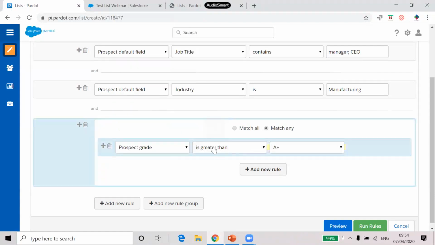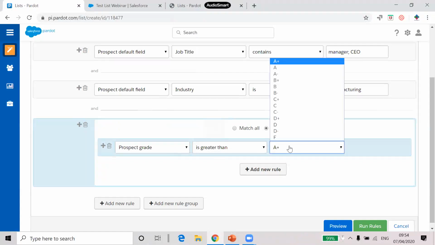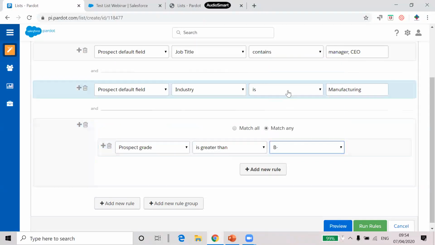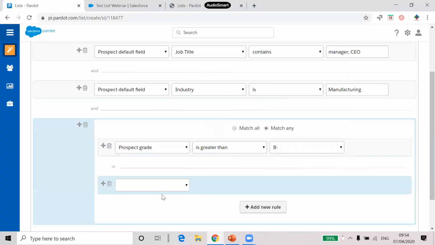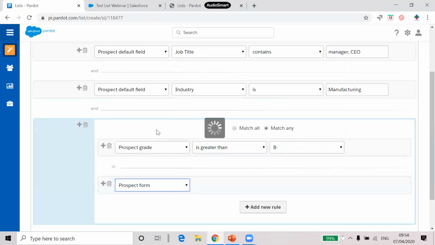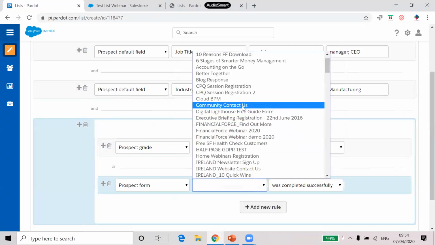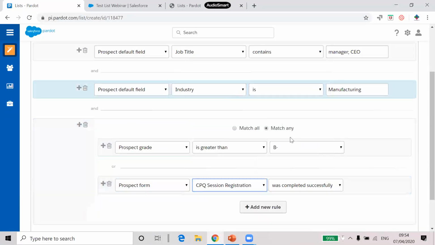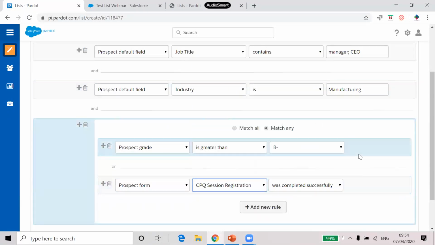We want a rule so their grade, if you're using grading, is greater than, probably A+ is not good, B-. And we're going to add in the form that they filled in was this one,